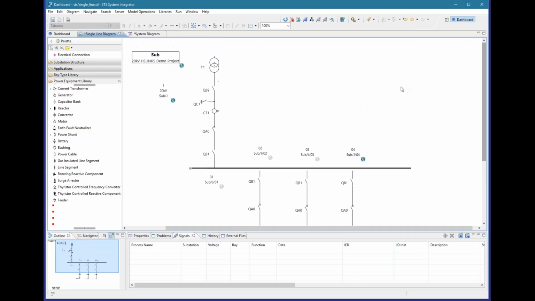Next step is that we are going to add the specification for our communication needs. So we will specify which signals we are going to send to the network control center and to the local HMI, but we also will specify the communication for our protection function, the simple busbar protection, where we are going to send one GOOSE message from each of the outgoing feeders to the incoming feeder in order to block the protection function there. But let us start with the vertical communication. In 61850,